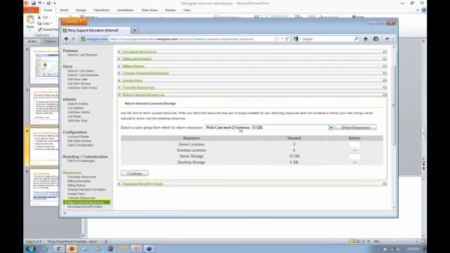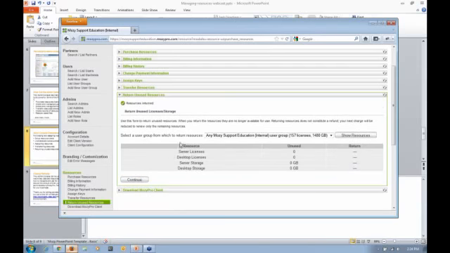Now notice, now that we selected a specific group, we can say we want to return 3 server licenses, and we want to return 15 gigabytes of storage. When we click Continue, those licenses no longer are on our account. If we go and take a look at